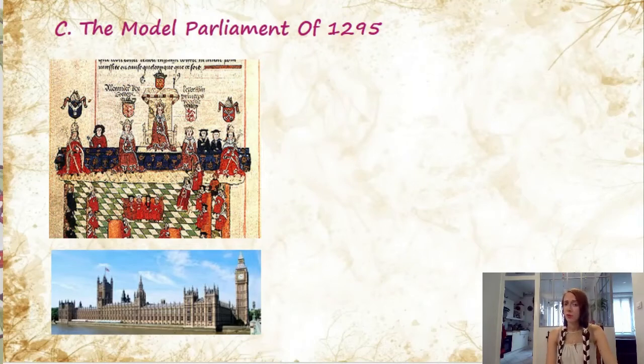Perhaps what you're wondering at this point is why it is called model parliament. Why is it a model for parliaments until today? Well, King John and his successors basically, there was Magna Carta, and then they sort of ignored Magna Carta. Magna Carta had to be reissued quite a few times. So they kind of ignored it to begin with, and there were more conflicts that arose between the